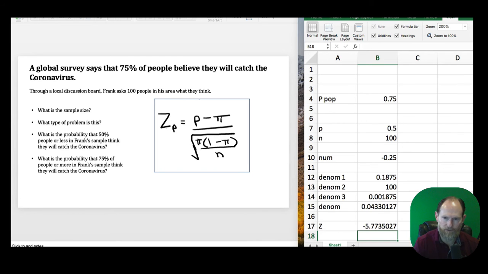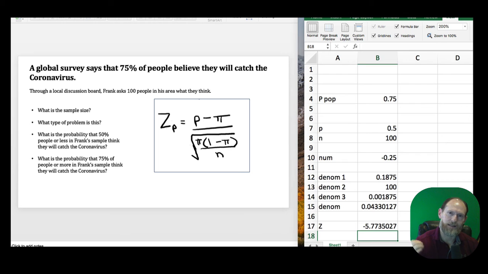But I don't need to with a value of negative 5.77, because my z-score, I know, ends at negative 3.69. And that value of probability that corresponds to that z-score is 0.0001. So as I continue out on the left tail of the normal distribution, I go on to infinity,